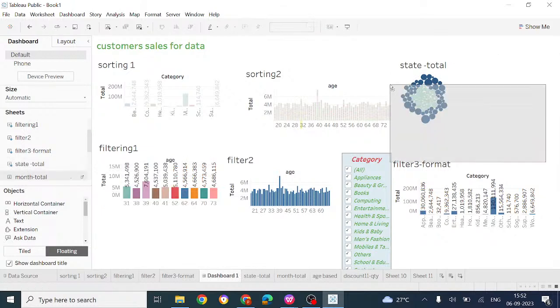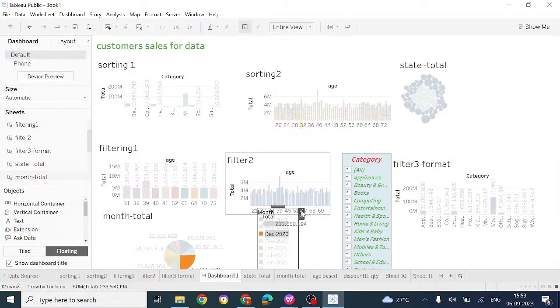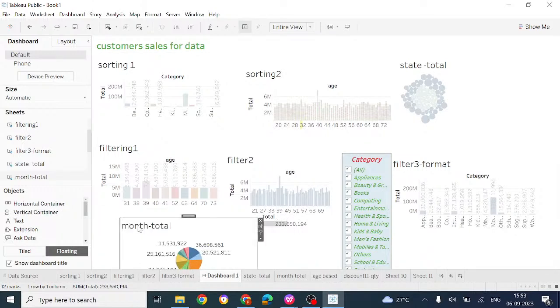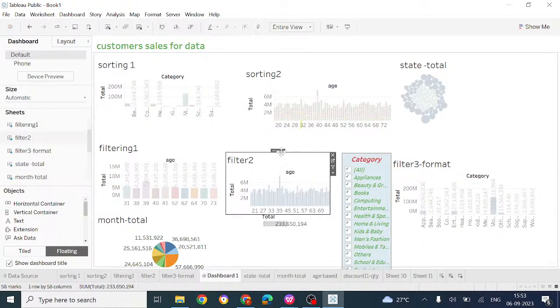Coming to the month to total we can give here, no, this side labels no need, right? So now I just want to adjust this one, just adjust all those things. How you need the dashboards, you should create based on that. Okay,